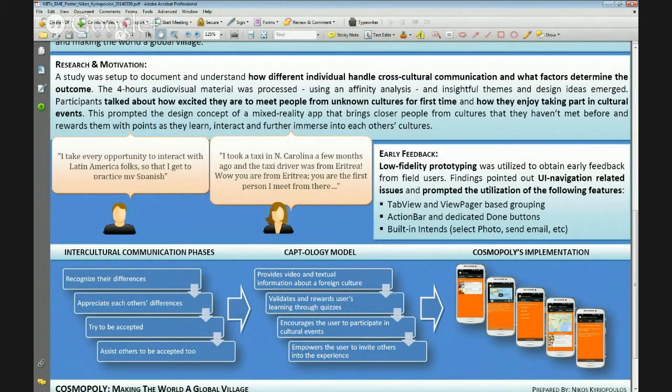We take that paradigm and apply it through the persuasive technology model and use a mobile phone to represent that quite well. The idea here is that you use video and multimedia information to educate someone about a new culture, a different culture, and eventually you walk them through the process and you reward them as they acquire more knowledge, and you make it playful as well through quizzes and tests,